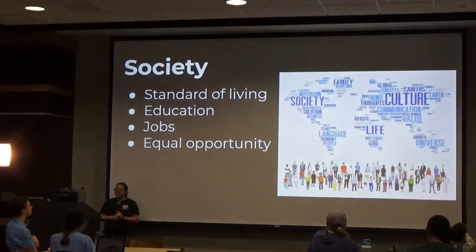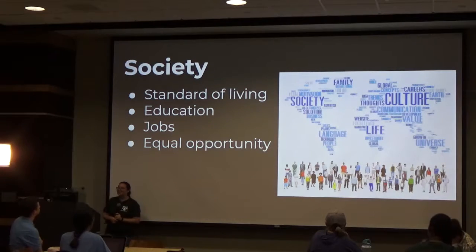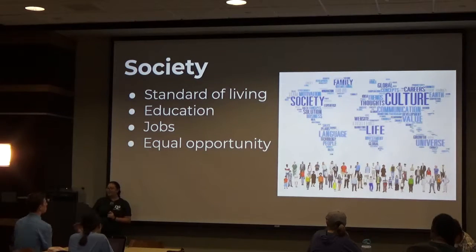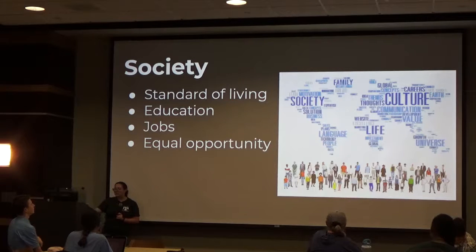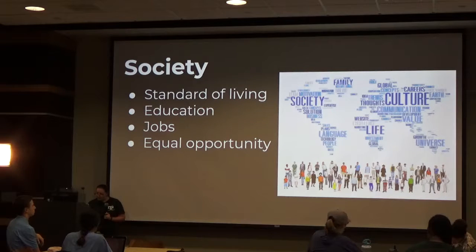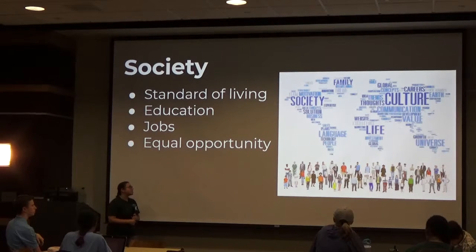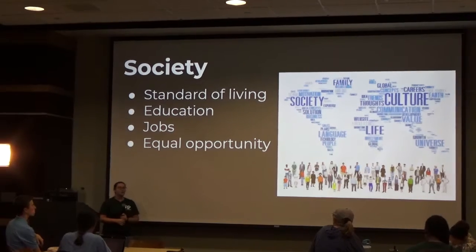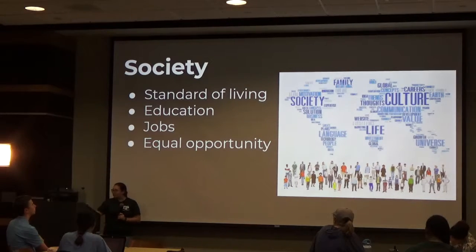Okay, so the next pillar is society. Some of them were the standard of living, education, jobs, and equal opportunity. So around the world, different cities go through things such as gentrification, which is the separation of different people based upon their socioeconomic status. And you can see it in Austin, Dallas, Houston,